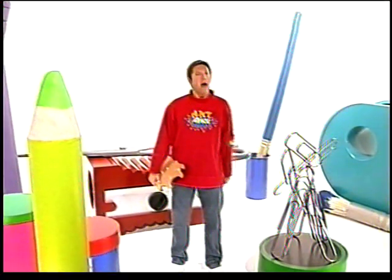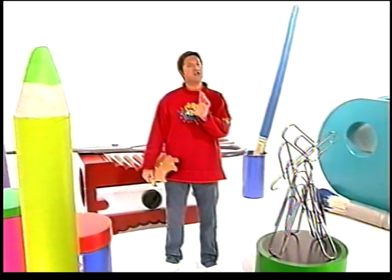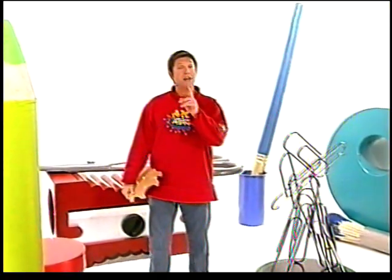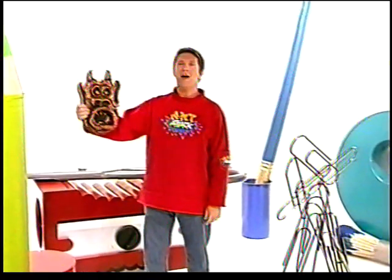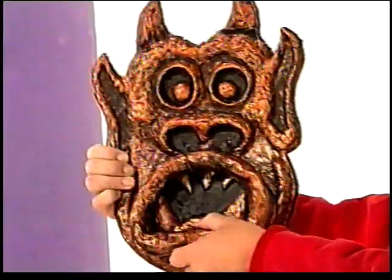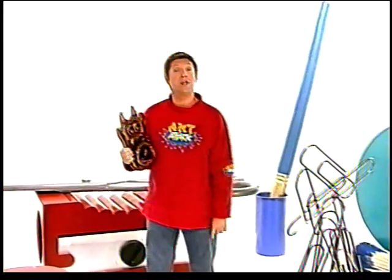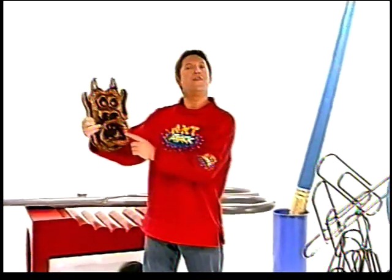Brilliant, aren't they? Of course, monsters come in all shapes and sizes. Some are nice, some are nasty. But you know what? Some can actually be quite useful. Take a look at this chap. He's an angry door knocker. Good, eh? If you're fed up with people bursting through your bedroom door without knocking, then this is the monster